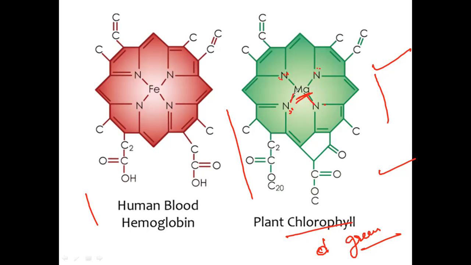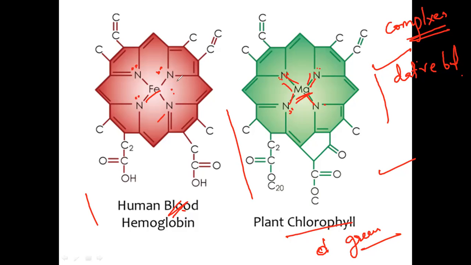It looks like a dative bond. This is also called coordination compounds, or they are also called complexes. So this is very important here. The bond between this magnesium and nitrogen is called dative bond. And see here the hemoglobin structure also. There is an iron which is coordinated with four nitrogens. They are also the ligands. They will share their lone pair of electrons to this central metal iron atom due to the vacancy in their orbitals. That means the coordination complexes are very important and they play crucial roles